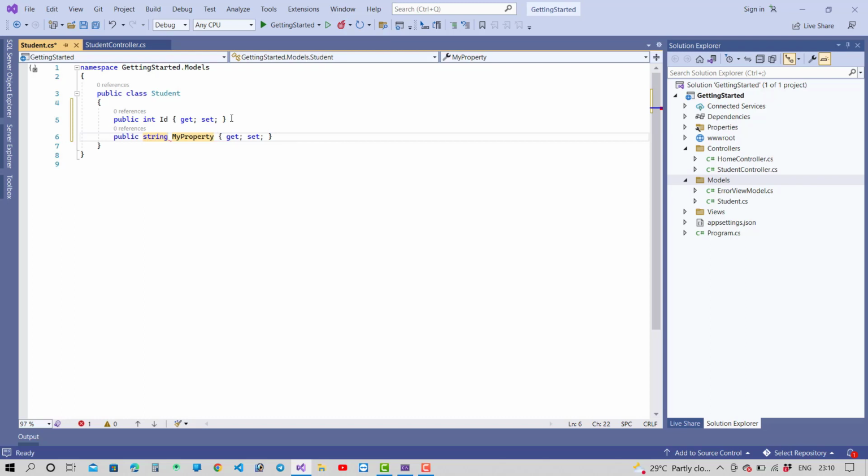But if you take I capital and d small, that means Id is the primary key for the student table. That is automatically sensed by the ASP.NET compiler, and it creates Id as the primary key. So the next column is the name column,